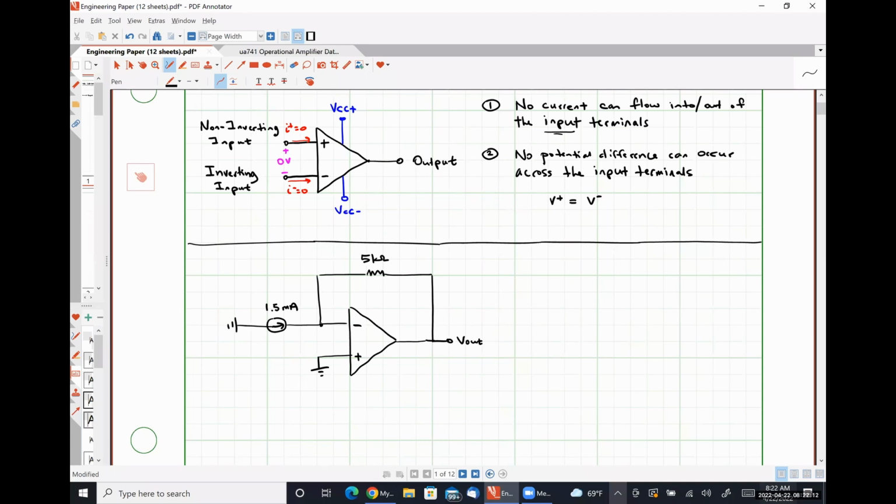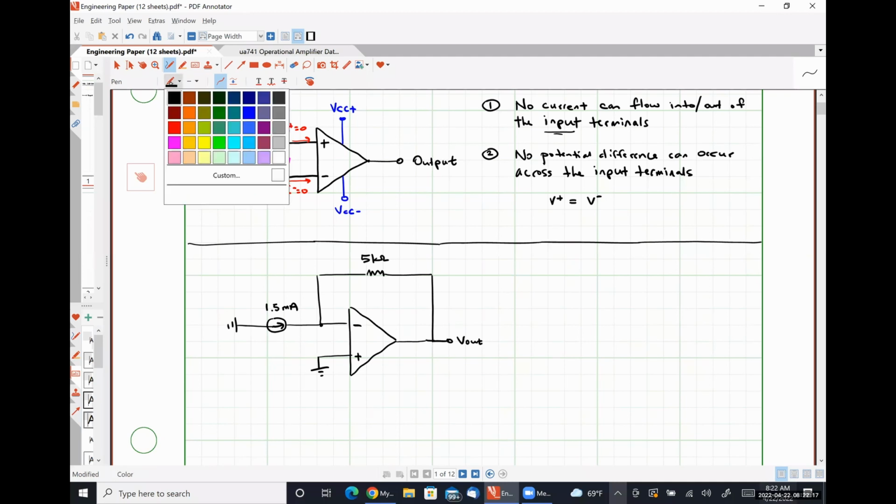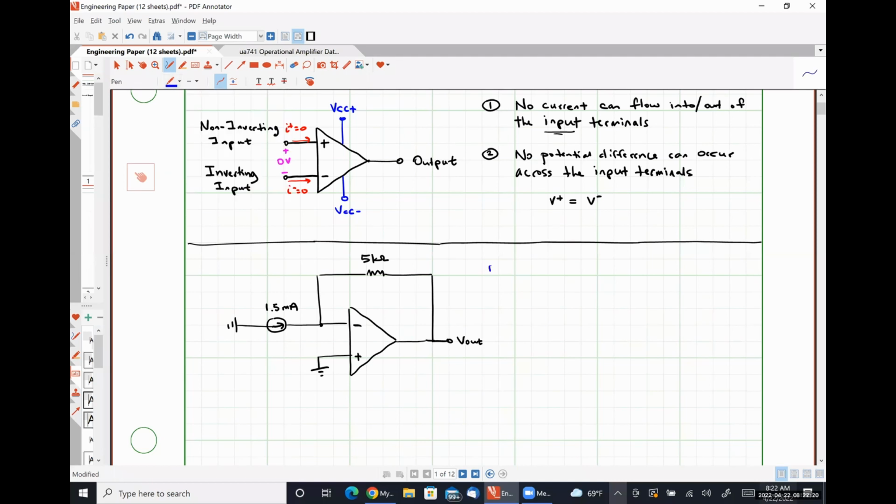So the first step that I want to take, let's do this in blue, step number 1, is to apply rule number 1 and determine